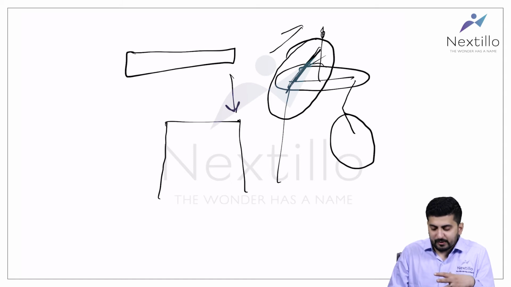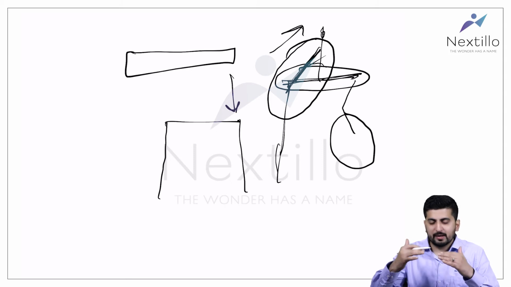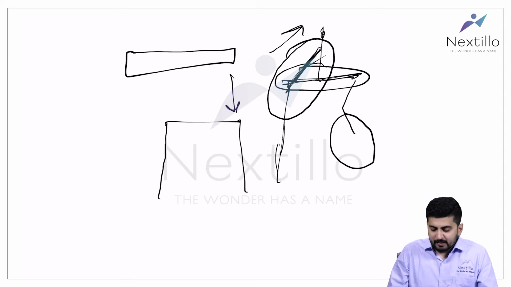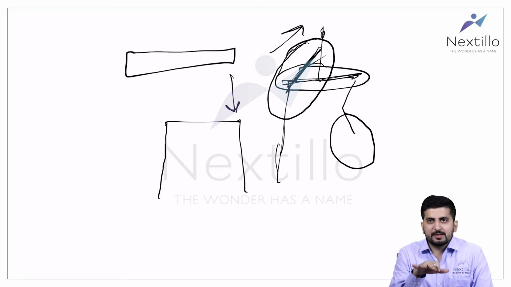Now, the abductors of the hip joint try to stabilize the pelvis and keep it straight and do not let it droop on the other side even when the patient does not bear weight on that limb. So this is known as the Trendelenburg test negative, which means that the pelvis remains square even when the patient stands on one